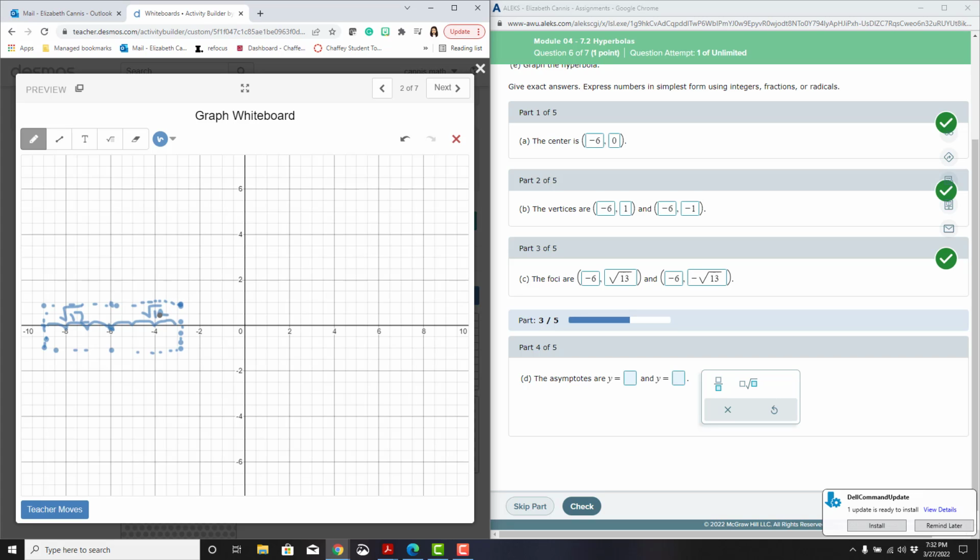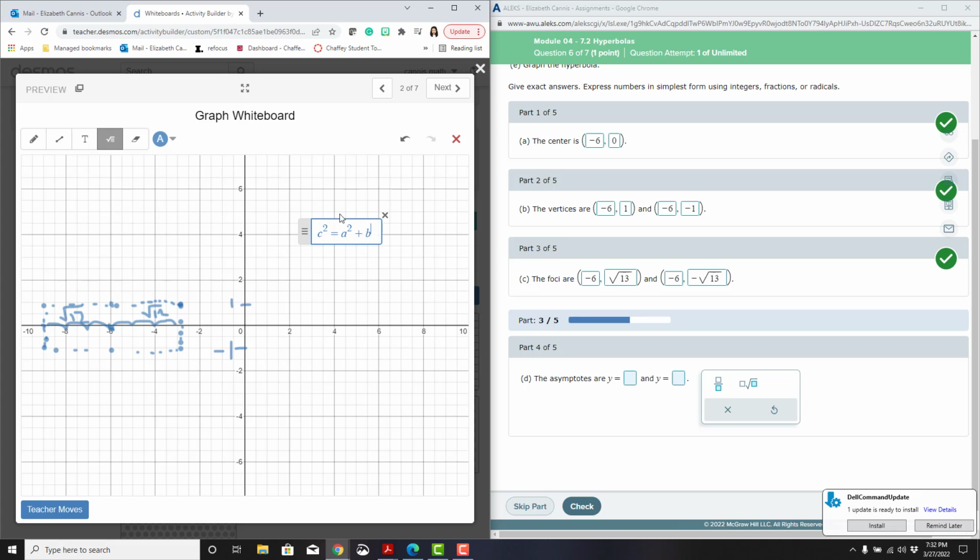Okay, and so our vertices, again, we're at negative 6, 1, because again, this is going to be a height of 1. And then we went down 1. So that's where those came from. And then again, for the foci, we're using that formula, c squared equals a squared